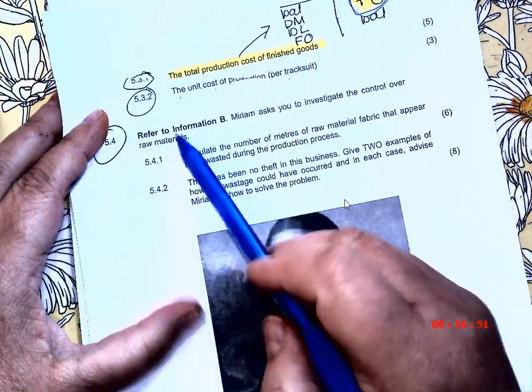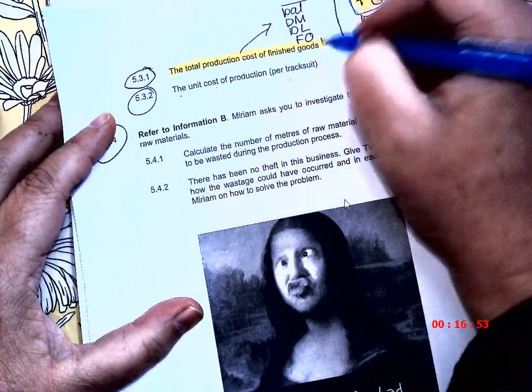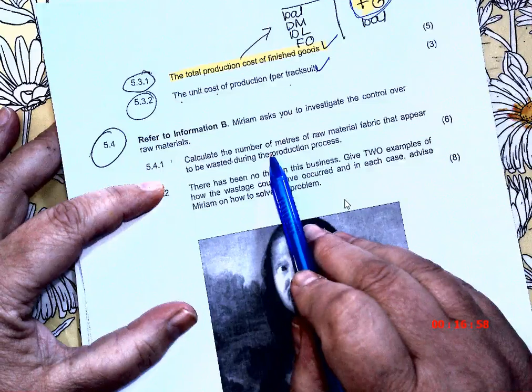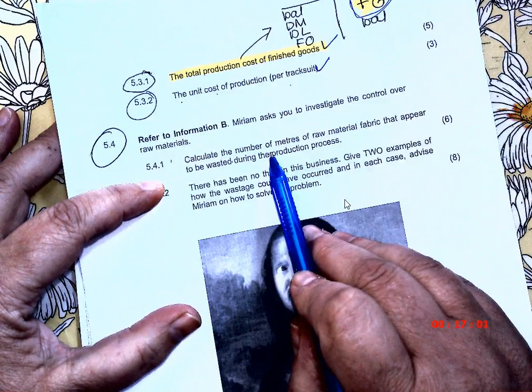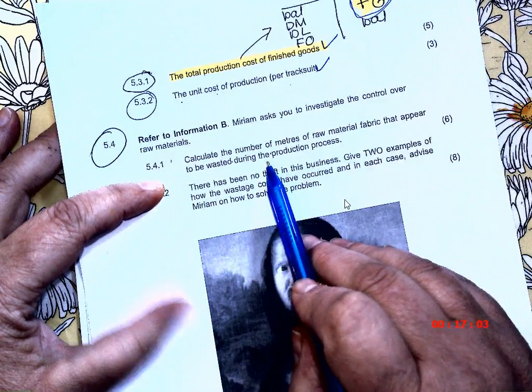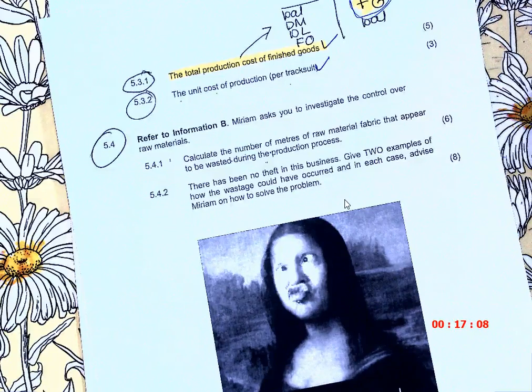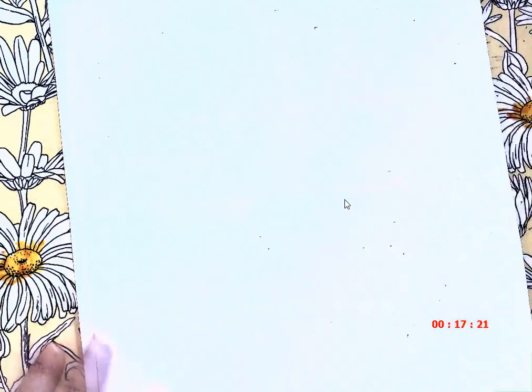Next, they asked me to calculate the number of meters of raw material, fabric, that appears to be wasted in the production process. So what are you going to do? You're going to calculate how much you are supposed to use, and compare it to what you did use, and the difference is going to be your wastage. Okay, so now if I go look at my information,